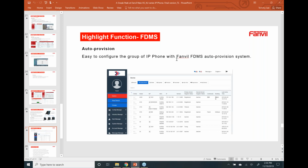phones' MAC addresses and point to either your custom config server or this FDMS management server to allow you to really do performance measurements, to download specific firmware files and upload them as you please, and you can do it over one simple interface. This one management interface is actually handy when it also can incorporate a lot of the door key phones, with and without video and intercoms that we have all under one roof. So this is kind of a good integral application that brings them all into one